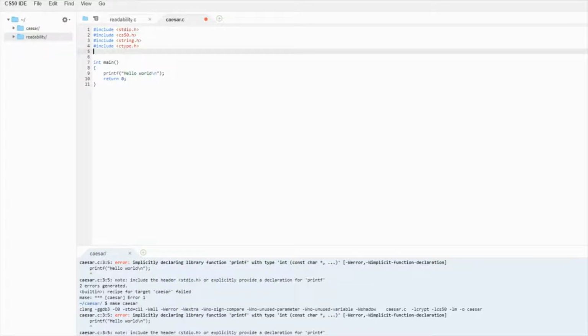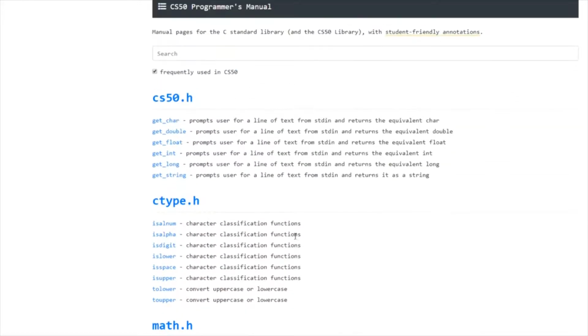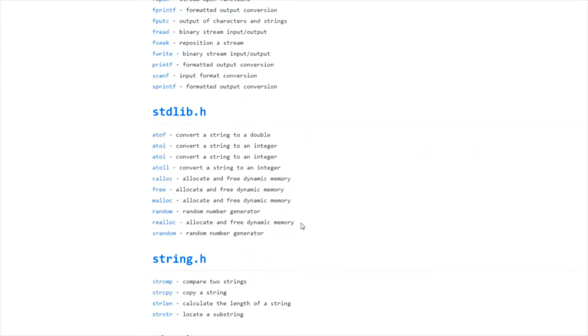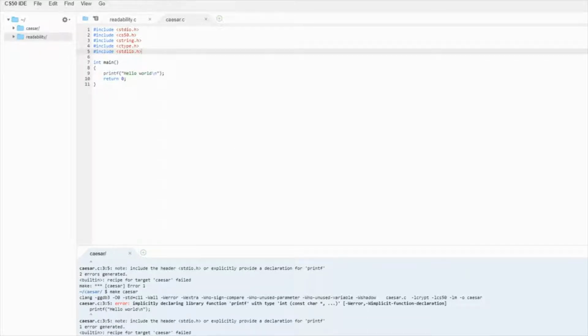And I think if we go to the manual page, it has pretty much all the functions that we'll use here. And if you haven't been there, it's the CS50 program, manual.cs50.io. And they mentioned in the earlier walkthrough that we'll probably use this atoi function, which is part of stdlib. So I'm going to go ahead and bring that in too. Alright. I'm going to make sure I didn't break anything by remaking this. Cool, it worked. So now let's start with the problem.